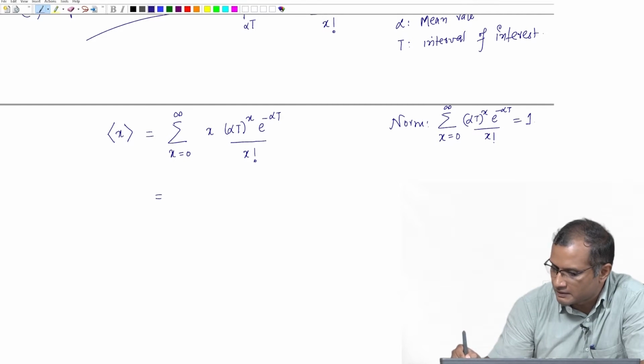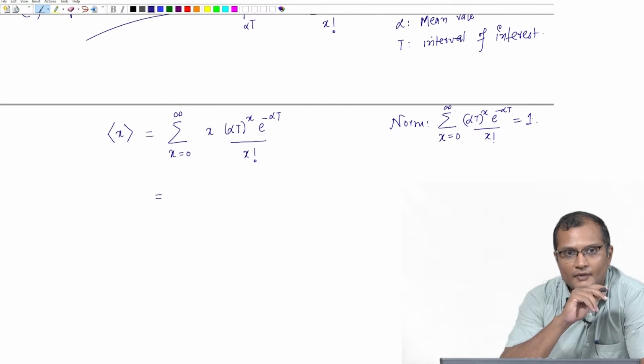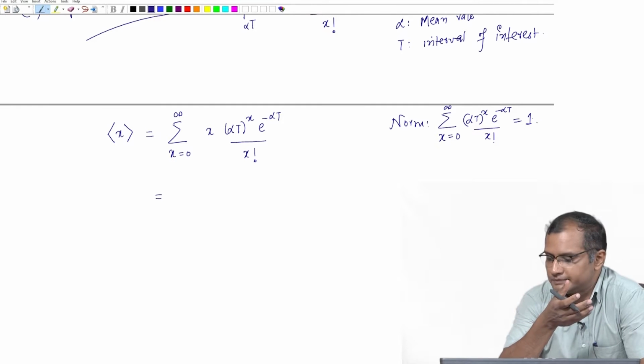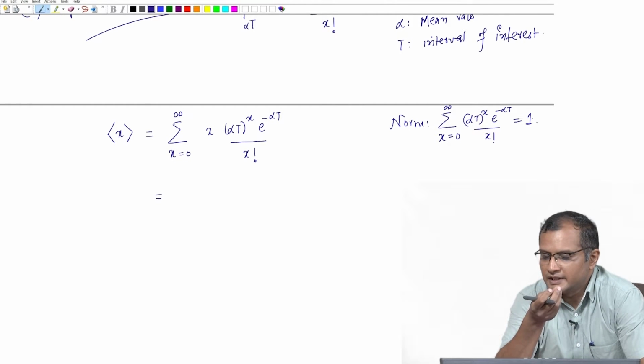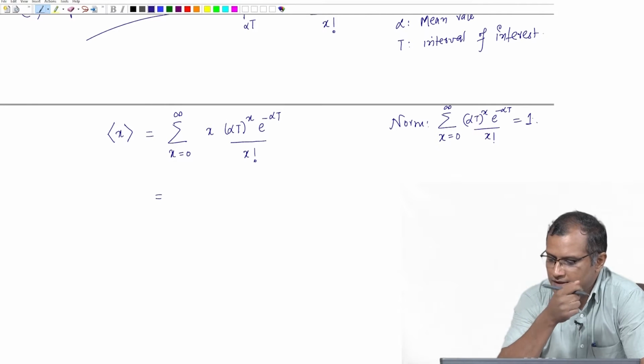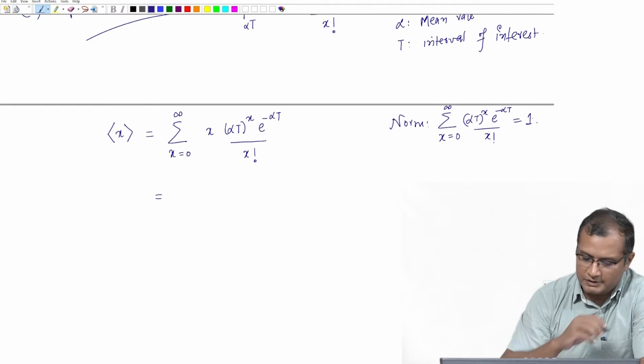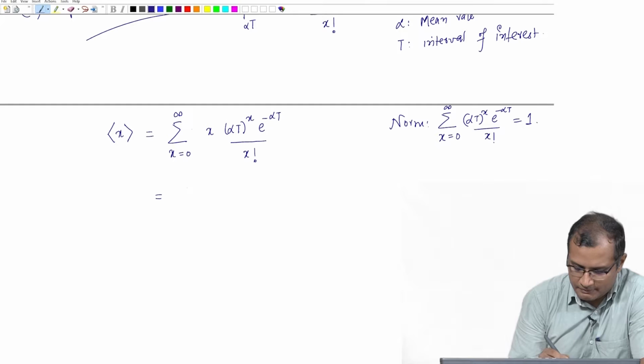This is 1, because the total probability of all inclusive should be 1. You have definitely some events. Okay. So, I can write my first moment as simply, just rewrite it as,